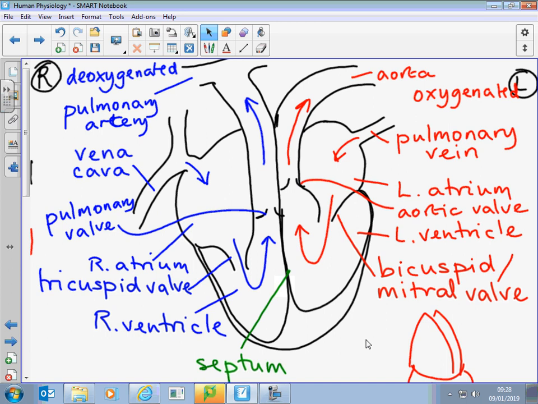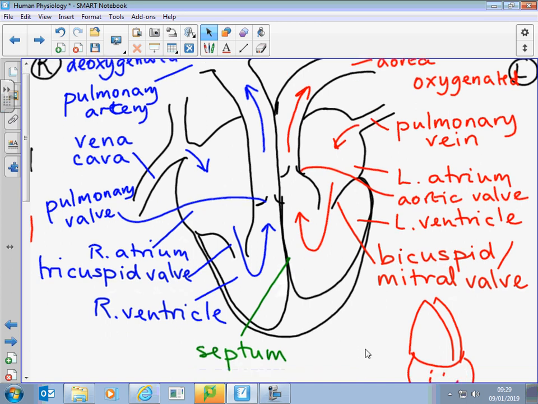Yeah, so we went through a rather strange diagram of the heart, building up the structural components of it. The left side being on the right side of the diagram, the right side being on the left side of the diagram. The right side of the heart over here deals with deoxygenated blood, hence the blue labels: atrium, ventricle, valves, blood vessels. And then the left side of the heart, over on the right side of the diagram, deals with oxygenated blood: again atrium, ventricle, 2 valves, 2 blood vessels.